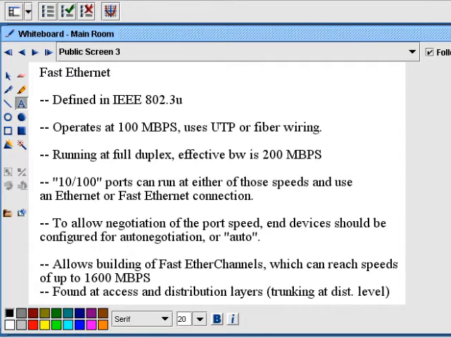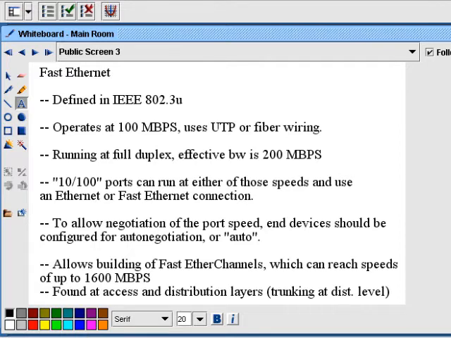And just a little look ahead for those of you who may not know what an EtherChannel is. It is a logical bundling of trunk links. Because as you know in spanning tree, if we have 8 physical connections between 2 switches, STP is only going to allow us to use 1. And the other 7 connections are going to be unusable because STP will put them into blocking mode. So if we build an EtherChannel, it bundles the physical connections into one logical connection. STP sees it as one connection, but it's actually 8, and we get to use all 8 of